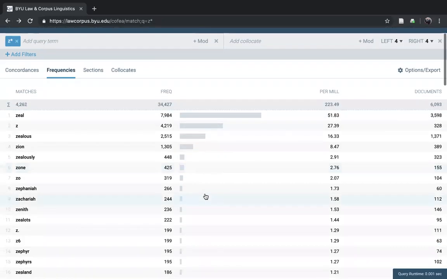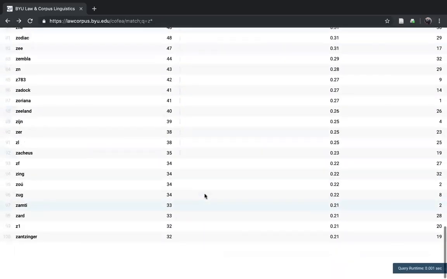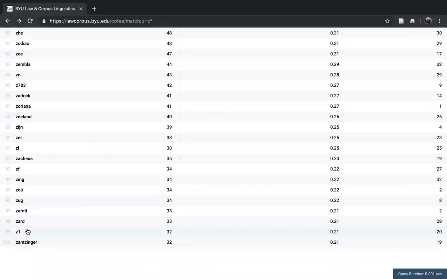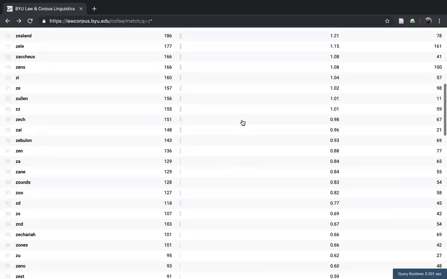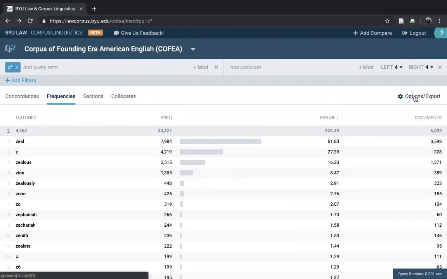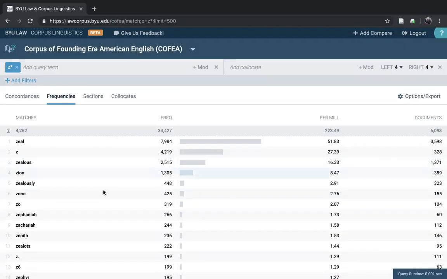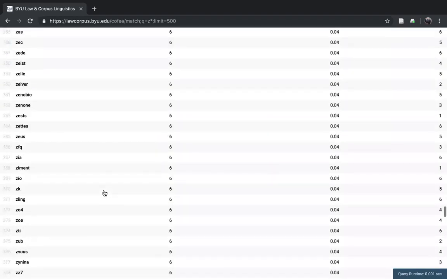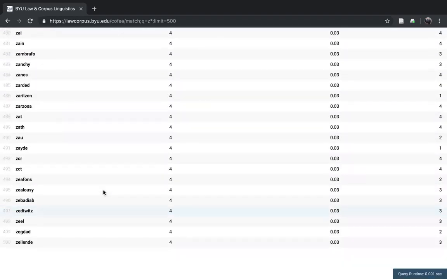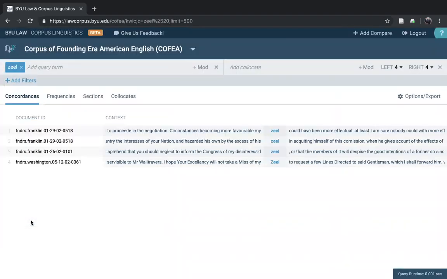If we go back, it will show us the words that begin with Z, but you'll notice that it only goes to 100. So this is where the options for frequency becomes important. So if we type there, we want to see some more results. Maybe we want to go all the way to 500, and we just hit apply options. That will allow us to go all the way to 500, and we can check on zeal, and we'll see